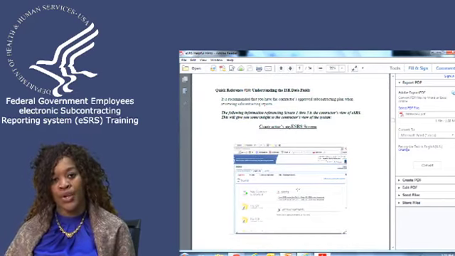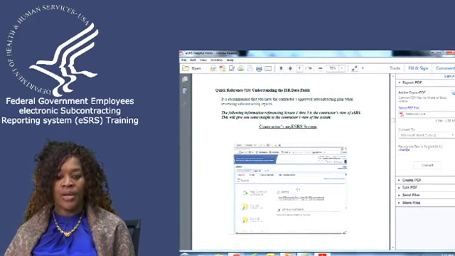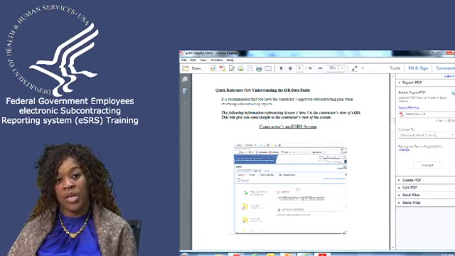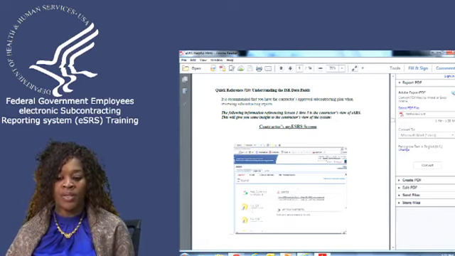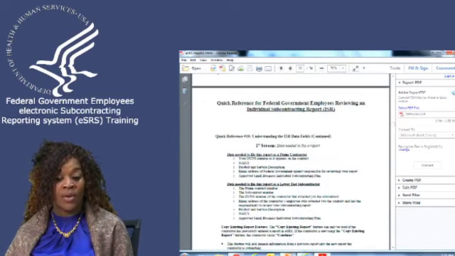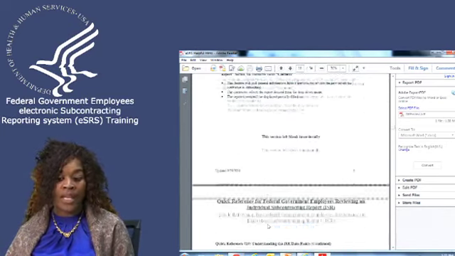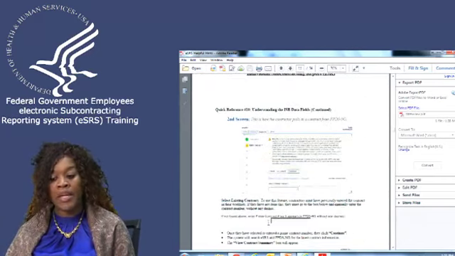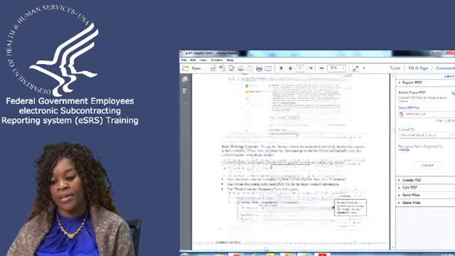So if you need to assist your contractor, they contact you and say, hey, I'm having some difficulty understanding how to navigate through eSRS. All you need to do is look at this training material. It shows you, this is the screen of your contractor, how they file the report. It gives you in-depth information about what they see on the report, so you never have to guess. Anything that your contractor is seeing, you see, and it gives you verbatim, word for word, what that is.